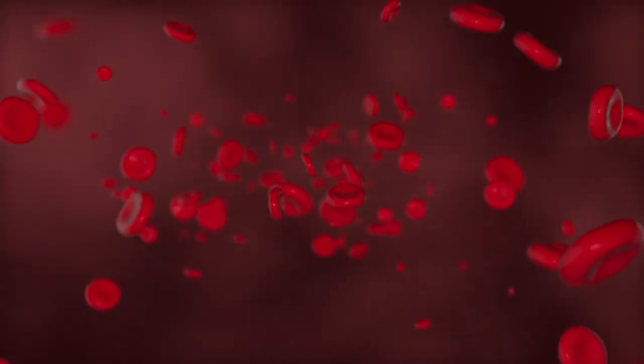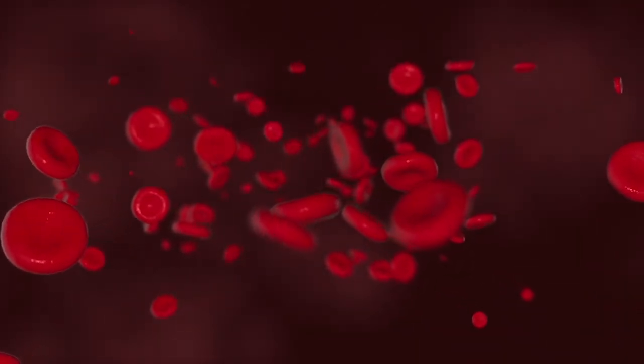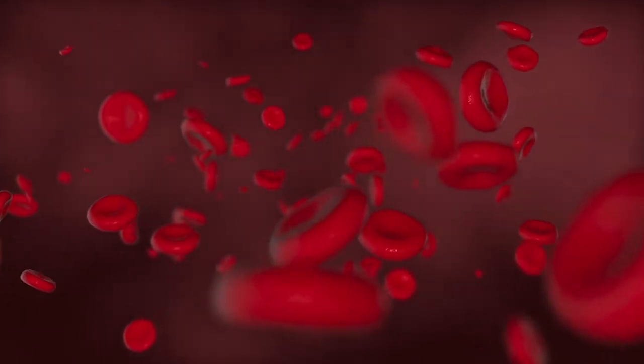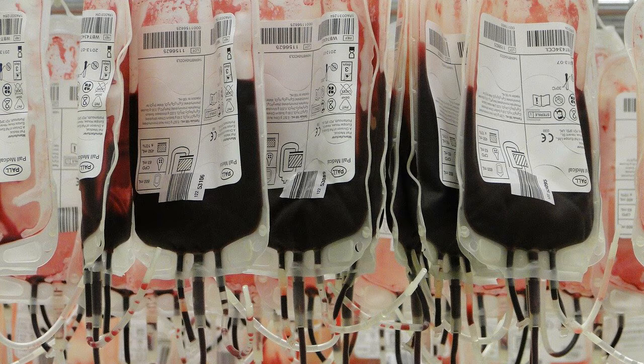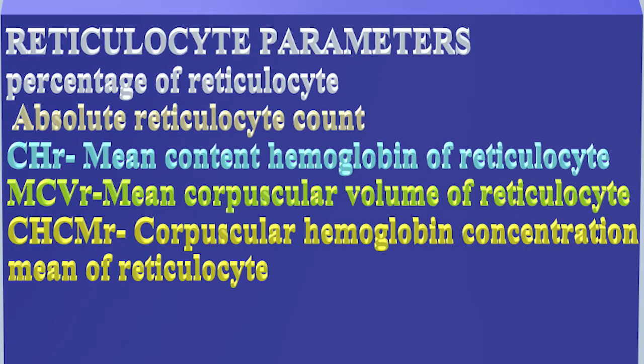The reticulocyte count reflects the erythropoietic activity of the bone marrow, so it is very useful in diagnosis of anemia and in monitoring bone marrow response to therapy. Especially in anemic newborns, it is very useful to follow erythropoietic changes to monitor response to recombinant human erythropoietin therapy, to gauge transfusion needs and to evaluate jaundice. Newer parameters on reticulocytes are available in newer instruments which can give more information about the bone marrow activity.